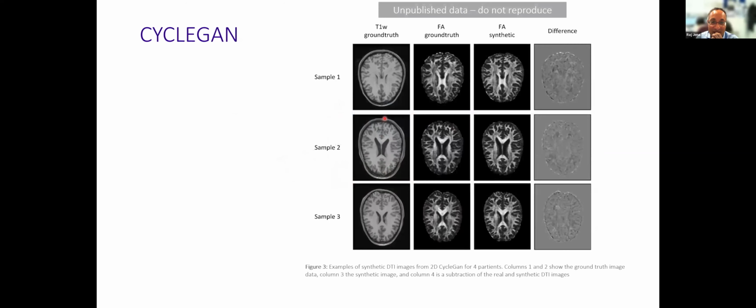So this is unpublished data, so please don't share this, but this is the results of our cycle GAN using 1,000 patients, basically split across 850 to train and 150 to test. So this is the ground truth T1 weighted scan. I'm sorry, but the anatomical convention in our data loader has the head facing downwards, which is just a bit confusing. But this is the ground truth DTI connection map, what's called a fractional anisotropy map. That's the synthetic one, and that's the difference map.